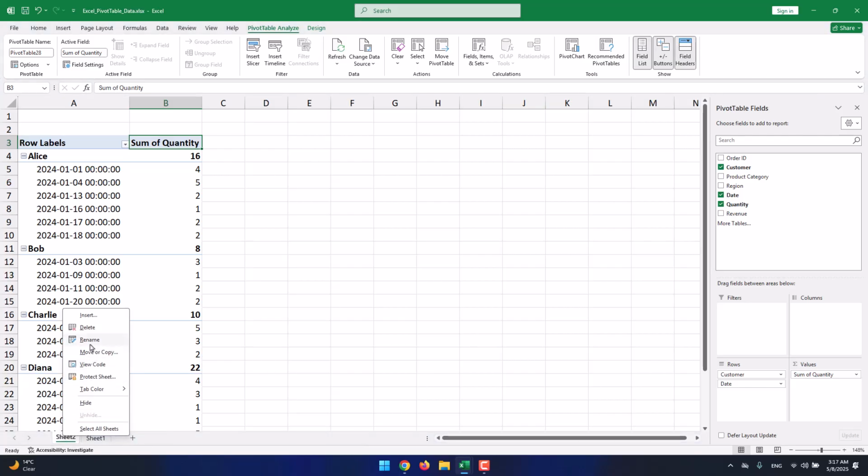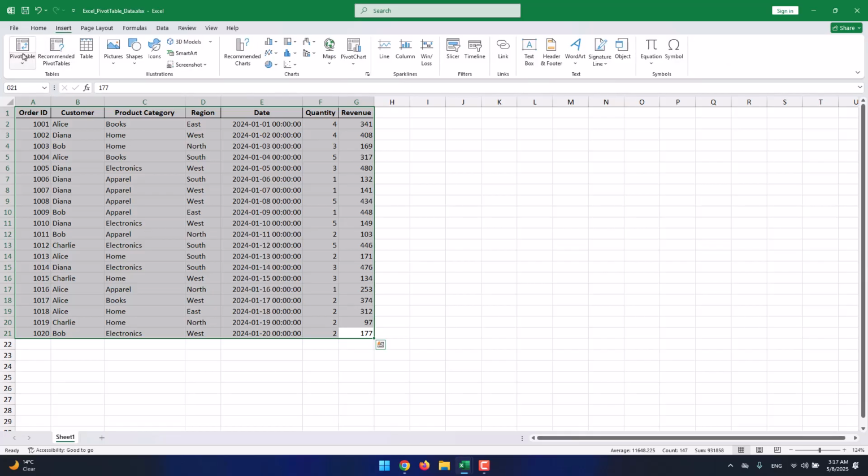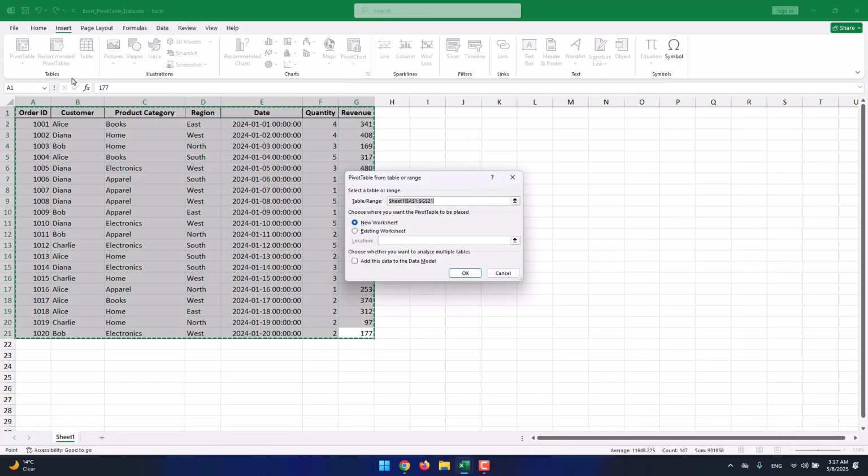So let me delete it and create mine by selecting this data, coming to Insert, and clicking this pivot table from table/range. So first it asks what your range is. If you select your table, it will automatically provide the range. But if you want to get familiar with the addressing system that we have over here, as you see, first we have the name of the sheet. Then we have this